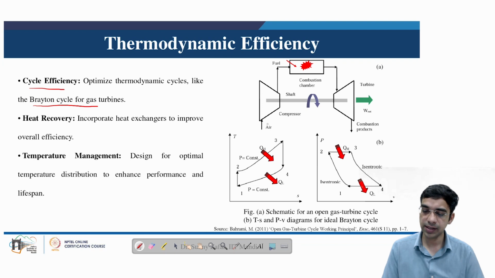The Brayton cycle essentially consists of three main components, which include the compressor, the combustion chamber, and the turbine itself. The turbine and compressor are coupled together with a shaft to make the system self-sustaining. And we can look at this schematic of an open cycle gas turbine based on the Brayton cycle, where we have this TS diagram and the PV diagram.